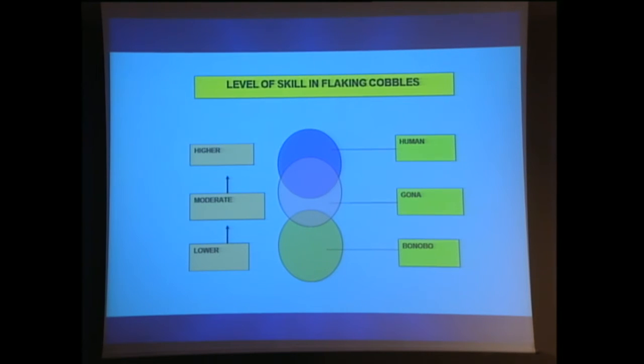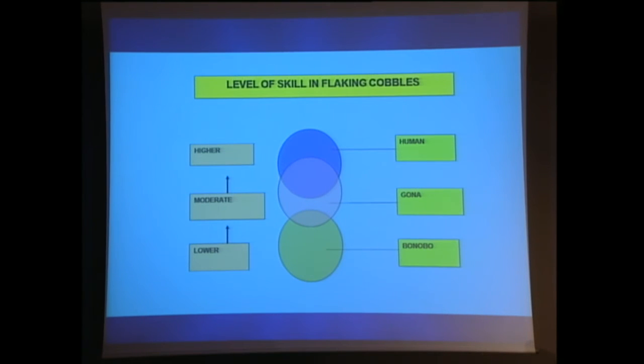And we did a very extensive experimental program. Kathy and I were just trying to produce flakes. We're not trying to make hand axes or anything like that. And we did a very detailed attribute analysis of over 50 attributes on the cores and flakes. These are some of the Bonobo Cores that were produced. If you were a Paleolithic archaeologist, you would have no trouble recognizing these and the debitage produced as being from stone fracture. But if you look at levels of skill, and this is just to kind of summarize, the bonobos were the outgroup, that the Gona hominids were surprisingly skilled in flaking stone, much closer to the way Kathy and I were doing it.